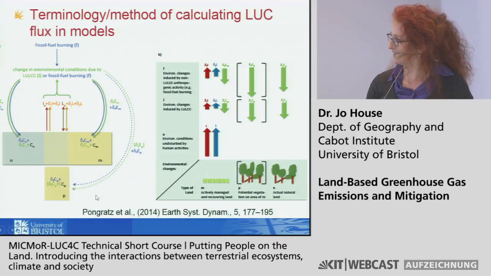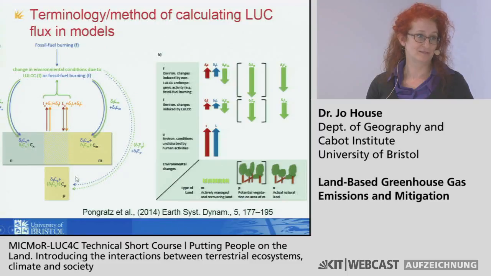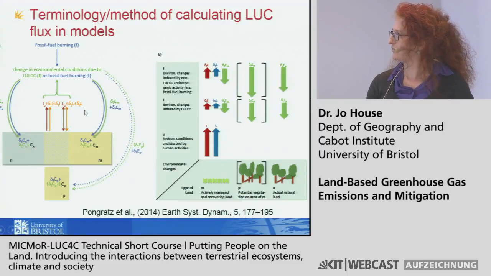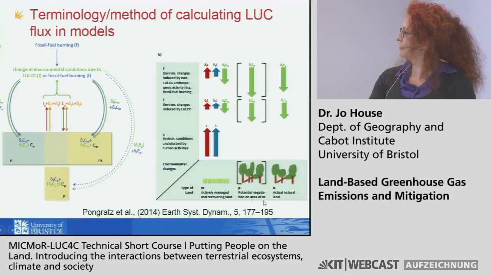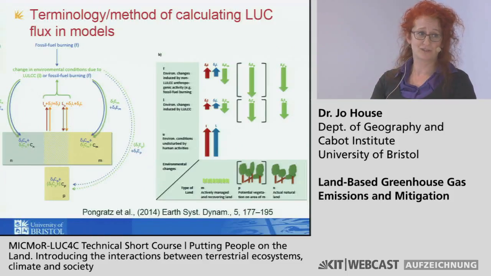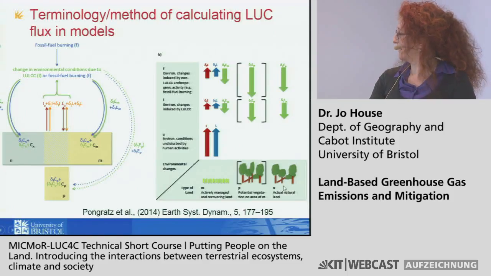And that's also affected in your model when you're doing your no land use change runs by the environmental effects. So you've got all these different components, and it then tries to put it into a pattern here. So here we've got our managed land. Here we've got our potential vegetation that doesn't really exist in the future but would have done if you hadn't chopped it down. And here we've got our natural land.